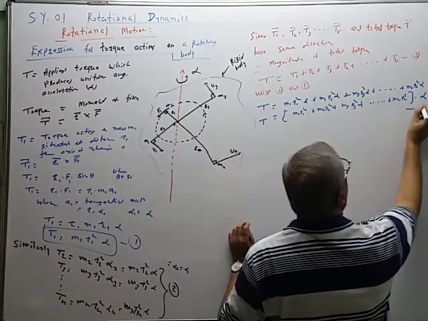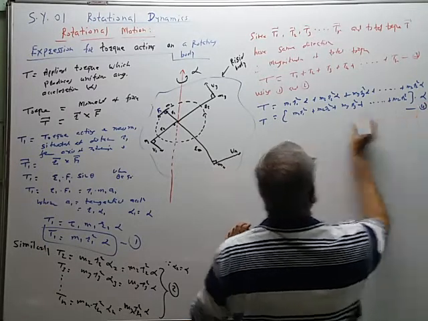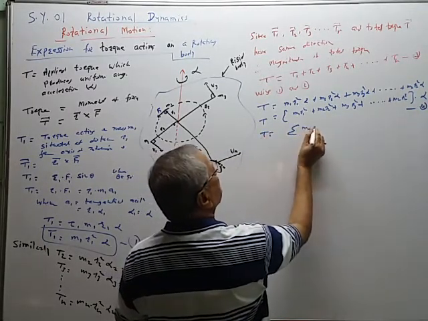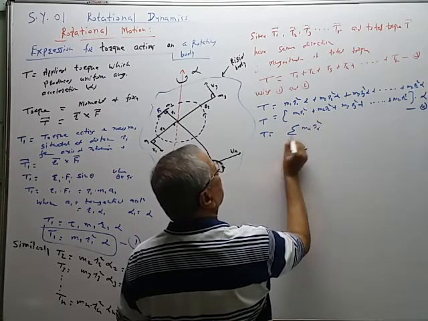So this is equation 4, and this bracket can be replaced by summation of mi ri square,